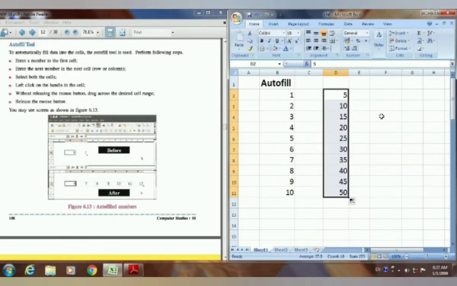So like this you can type the number series with the proper gap according to your wish with the help of autofill. And it will automatically change the cell address also.